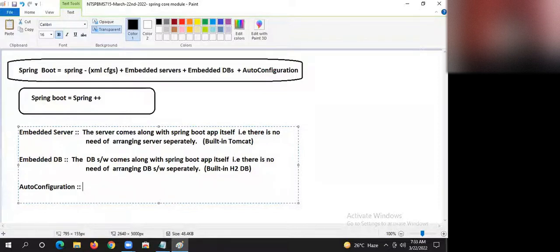Spring Boot's specialty: based on the libraries you add to the classpath, nothing but the jar files you add to the classpath, it will pick up important classes of those jar files and make them Spring Beans automatically. You need not configure certain classes as Spring Beans explicitly by using what? Tags or annotations. That is the beauty of auto configuration, boss.